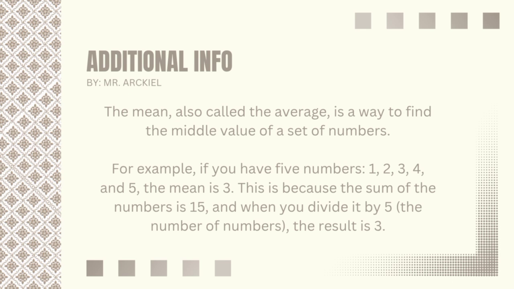In addition to all of that information, the mean, also called the average, is a way to find the middle value of a set of numbers. For example, if you have 5 numbers, 1, 2, 3, 4, and 5, the mean is 3. This is because the sum of the numbers is 15, and when you divide it by 5, the number of numbers, the result is 3. And now, for a random variable,